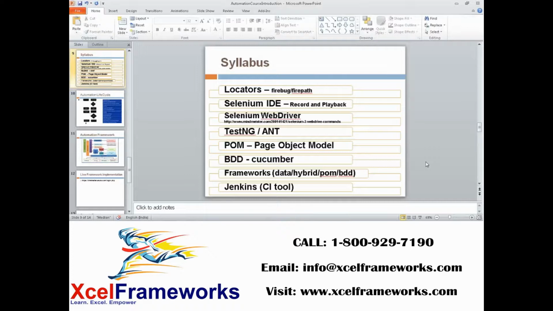This is what the market demands now. It's not enough to learn only Selenium WebDriver and a bit about hybrid and data-driven. That is not sufficient. We are actually training you in how the company does it from end to end. So you'll come to know what Jenkins is, how to implement it, how to integrate it, and the end-to-end scenario, how typically the company does it today.